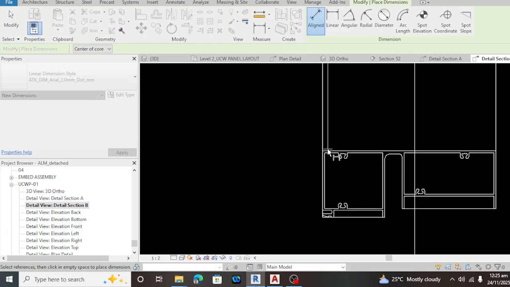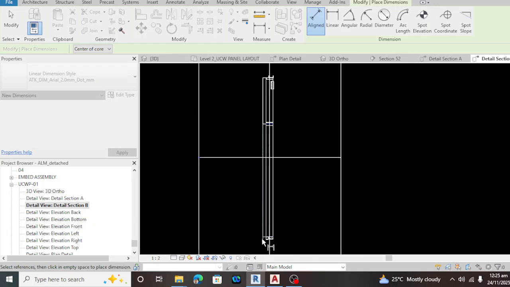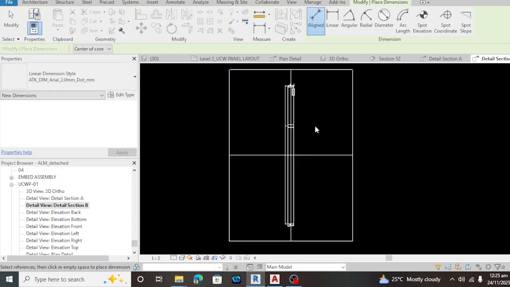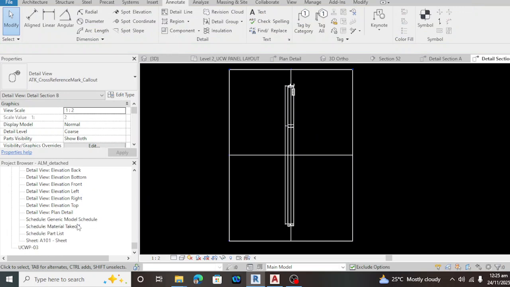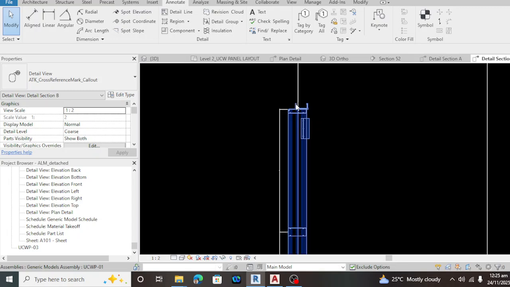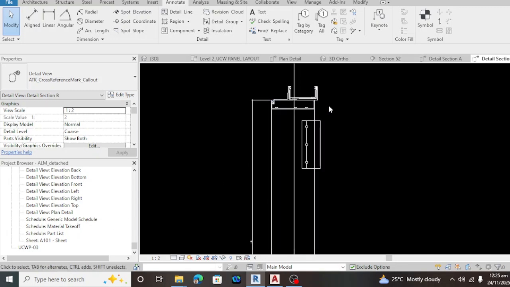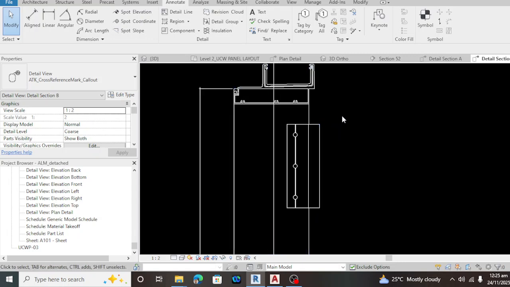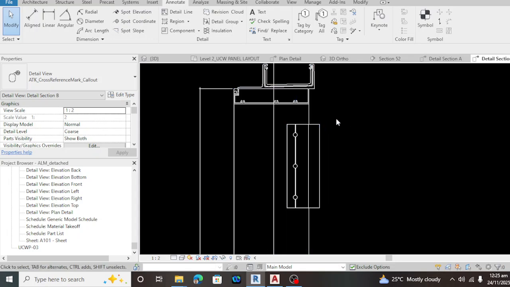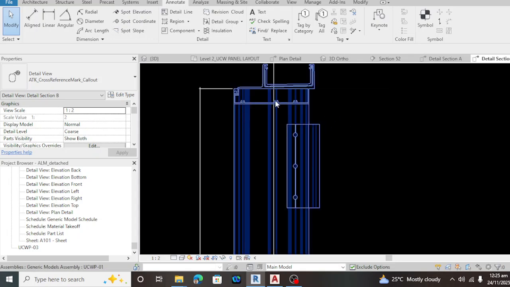This is how we're going to put the dimension on our material takeoff and generic model schedule. You can also tag every part of this panel.